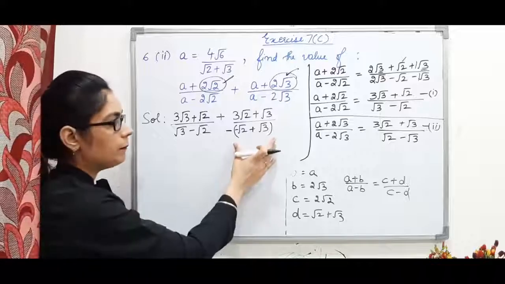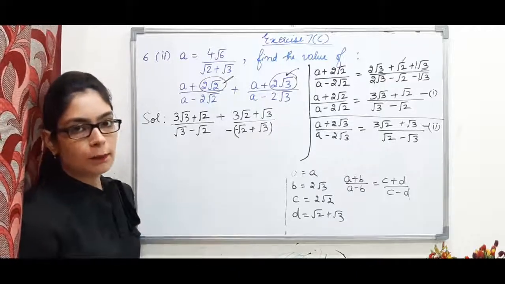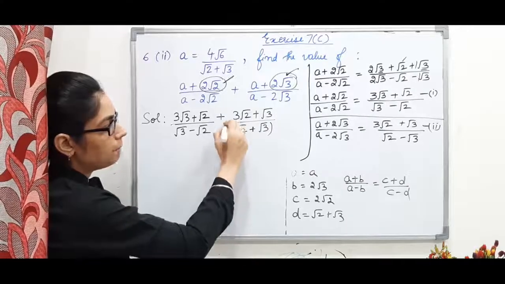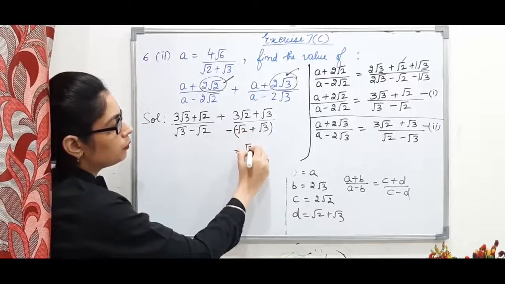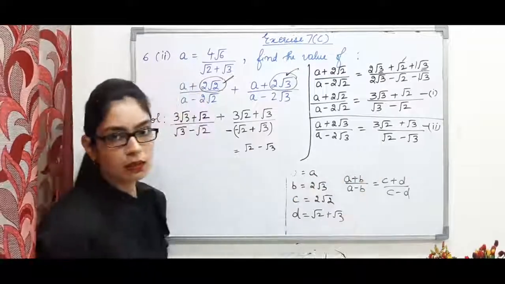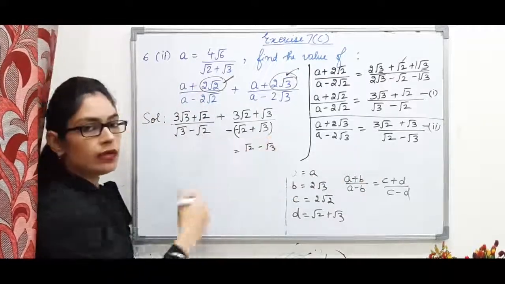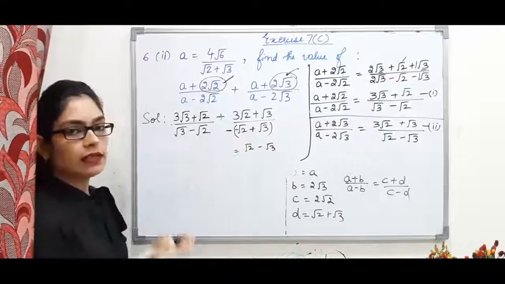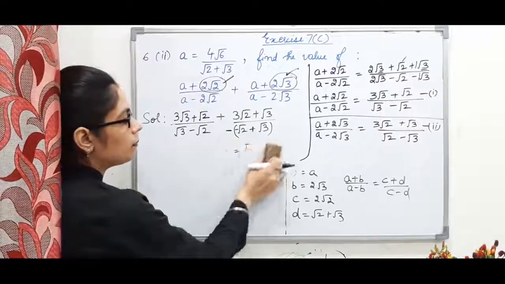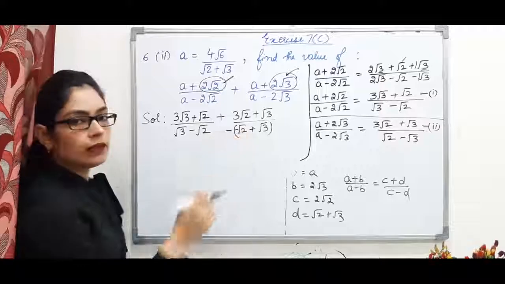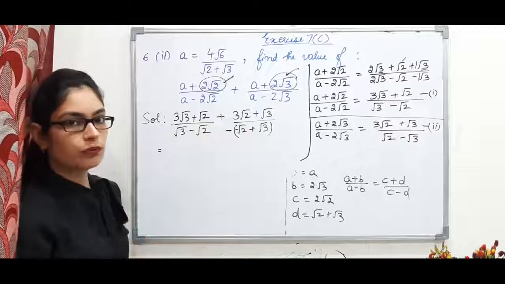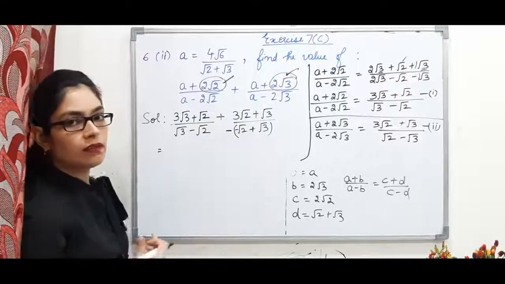So what we have done here is just taken minus common. When we multiply again, minus into minus, it will become root 2 minus root 3. See, root 2 minus root 3, the same thing only. That is why the way of writing is different, but the expression is still the same. See, its value is root 2 minus root 3 only, but the way of writing is different. Why am I writing in this way? So that both the denominators become the same: root 3 minus root 2, root 3 minus root 2. For this reason I am writing this in a different way.